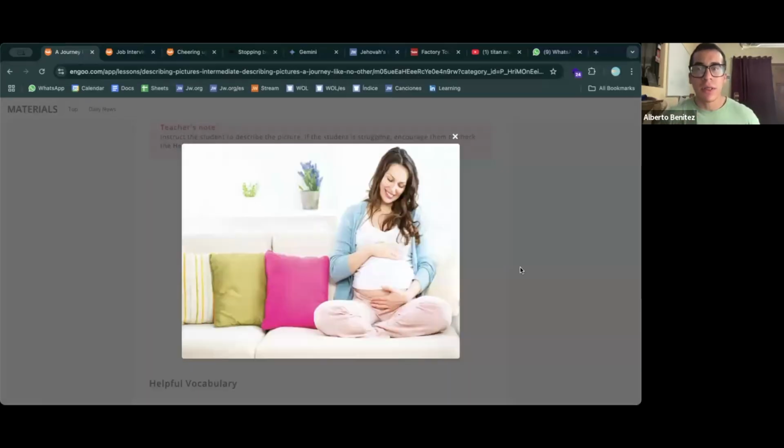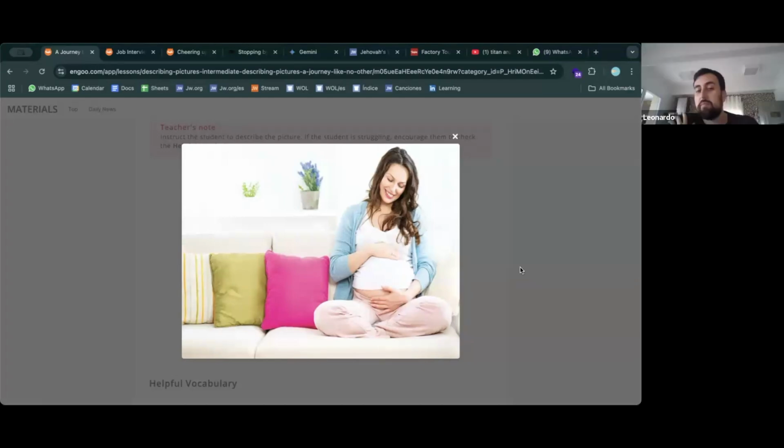Okay, so what do you see in this image? After what I see, when I see the image, I remembered my boss because she is actually pregnant too. So it makes me nervous because in maybe 2 months she will leave us with a lot of work to have a baby. But okay, let's see the image.